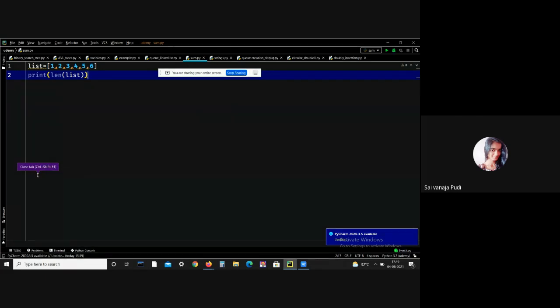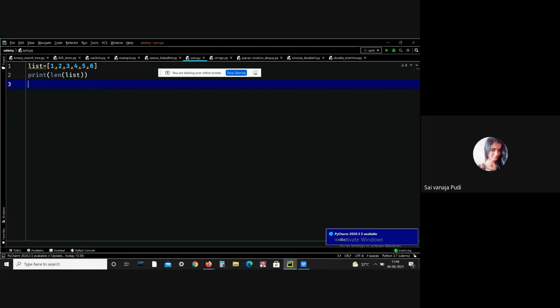And the next one is max. Generally, it returns the item with the highest value in the list. Now tell me, guys, if I perform the max method on this particular list, then what will be the output? Guys, come on.